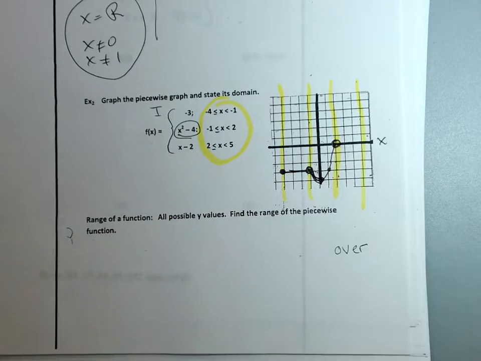Third graph, okay? X minus 2. We start at -2 on the y-axis, right? And we're going to go up 1, over 1, up 1, over 1, up 1, over 1, up 1, right? Except we don't have all of that line. We only have the line between here and here, so erase the rest.